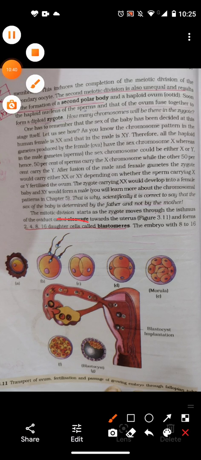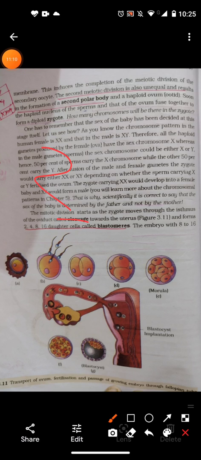Here the cells are closely aggregated. The egg undergoes a series of mitotic divisions called cleavage divisions in quick succession. Cleavage occurs in the egg during its passage through the fallopian tube towards the uterus. Cleavage division cuts the ovum completely into two daughter cells. Such a type of cleavage is known as simple holoblastic cleavage.